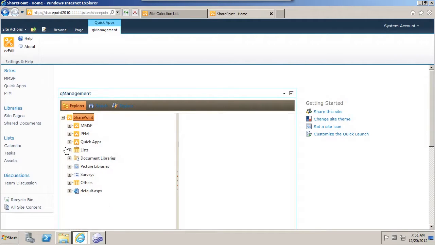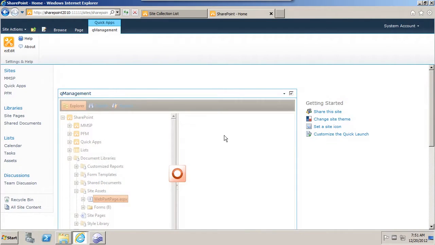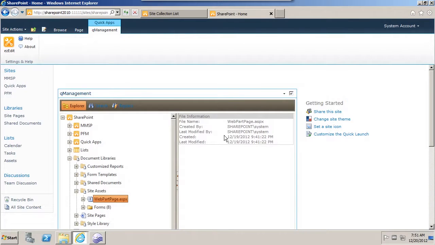If I go to my document libraries in here, under site assets, I believe I have configured a web part page. So here's a web part page, and if I click on it, it'll show me the web part. It'll show me the actual page attributes. I can right click and open this up and then make changes to the actual web parts that are there